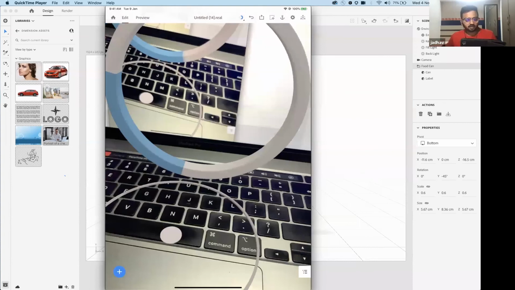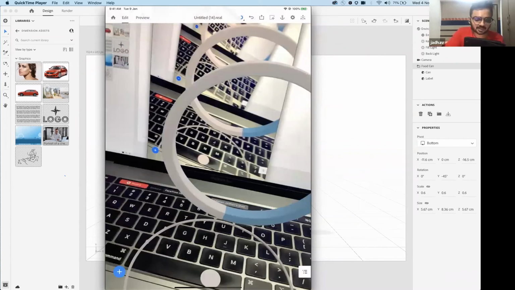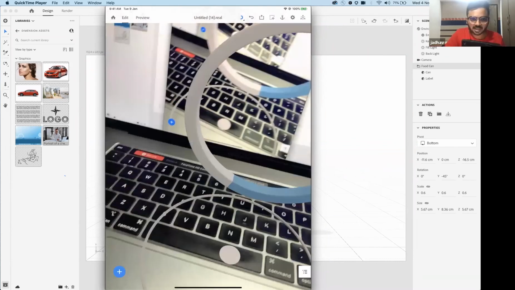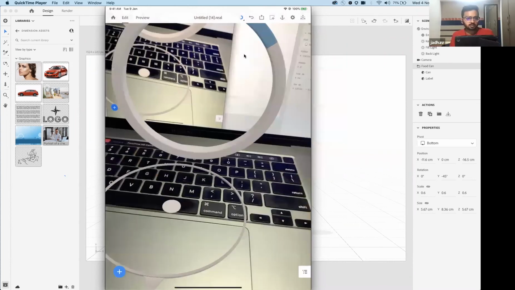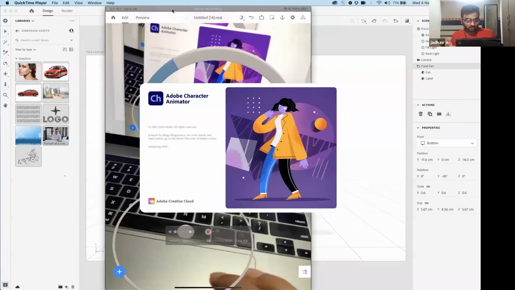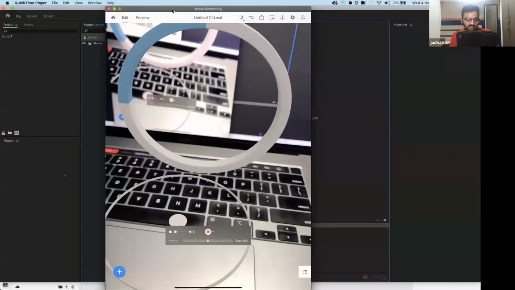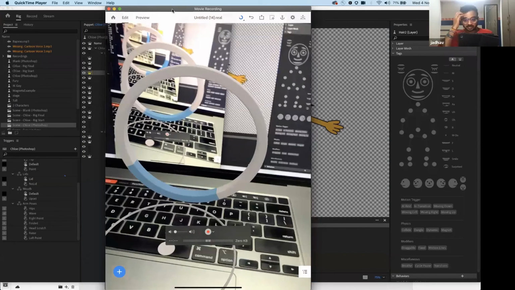Now this is not an animated can, but you can also get animated assets. So I do have one animated asset. I'll show that. But before that, I can also open up Character Animator and show you a quick glimpse of what that does. So after the Aero demo, quickly for a couple of minutes, I'll show you Character Animator, in which you can easily create 2D character animations. It was not in plan, but I think this is something very exciting for people to know. We also have Adobe Substance, which can help you create 3D materials.